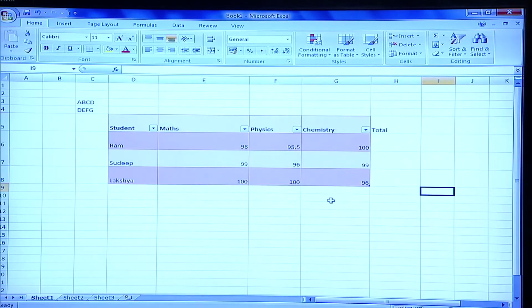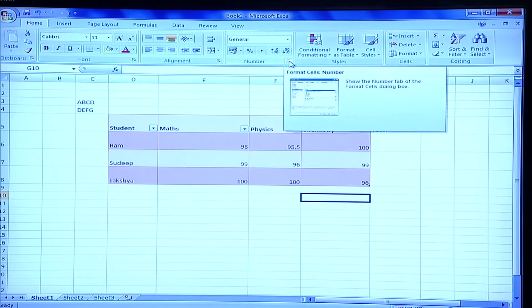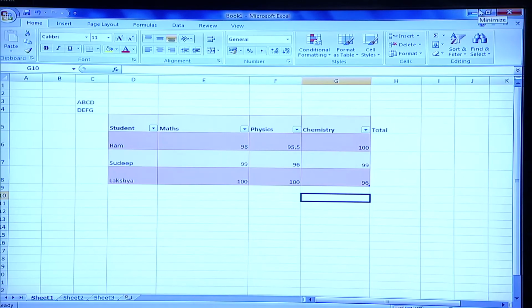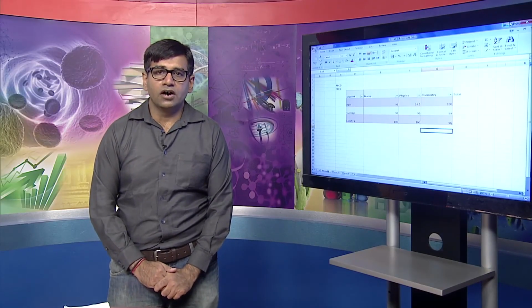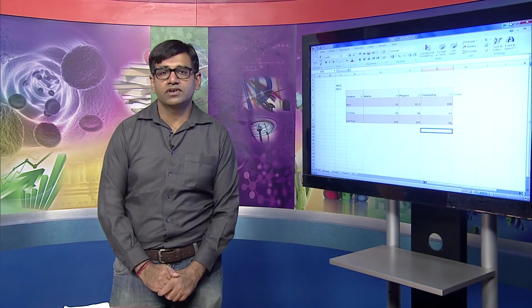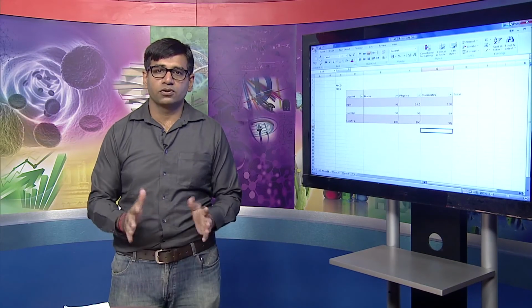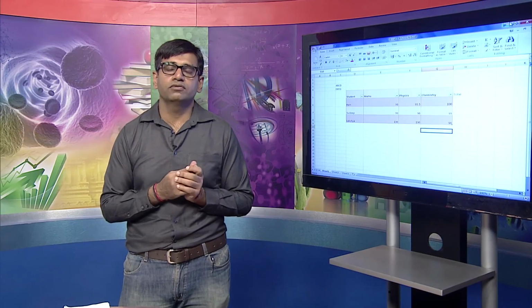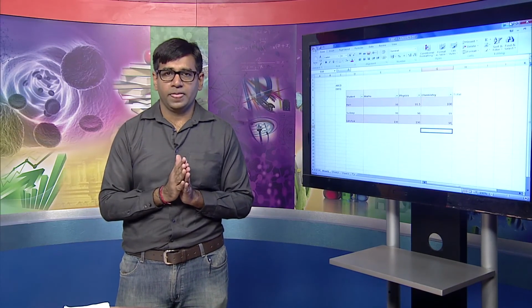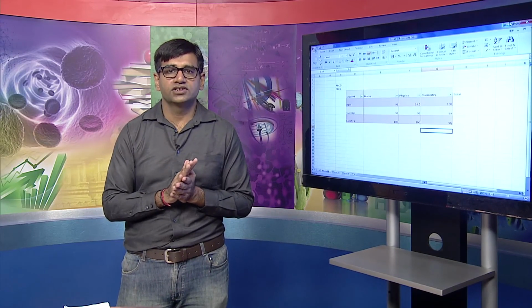So, with respect to the styles and cells, there is another very important feature that we wanted to cover as the last step in the class, which is how to make sure that the worksheet you are working on is secure. Secure means you have given this worksheet to your end user and you want to make sure some of the data captured in the worksheet should not be changed.